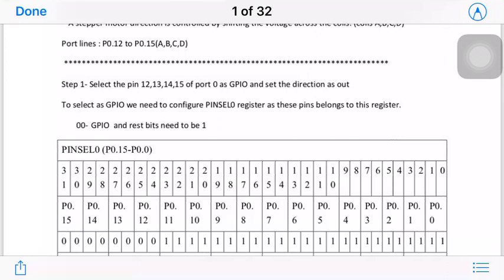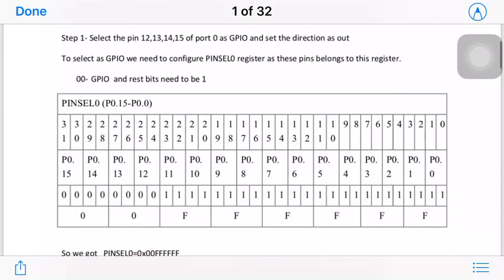To select the GPIO, we need to configure which register? Pin select 0. We already discussed that there are 3 pin select registers: pin select 0, pin select 1 and pin select 2. The pins we are using, port 0 pin 12, 13, 14, 15, belong to the pin select 0 register, so we configure this register by putting the value 0 0.